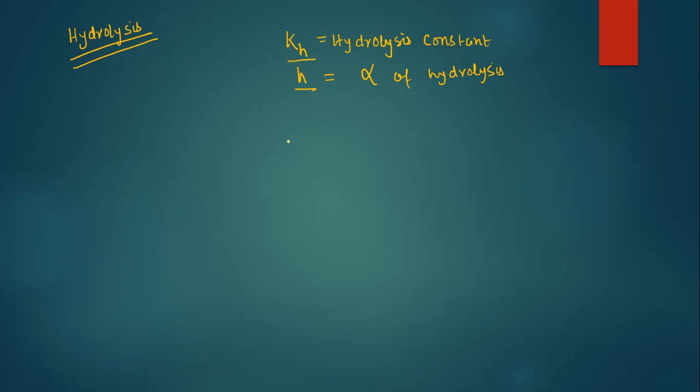So first of all, we are going to do one derivation. We'll start with strong acid, weak base, and after that we'll try to extrapolate the other equations. We'll not derive all the equations. We'll derive one of them and extrapolate the others. It's easy to extrapolate and easy to remember. Otherwise, three derivations will take almost 45 to 50 minutes at my pace.